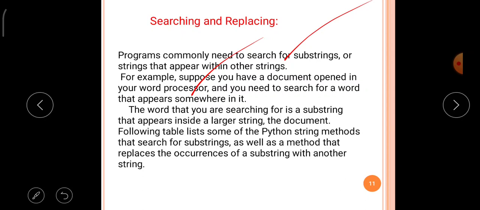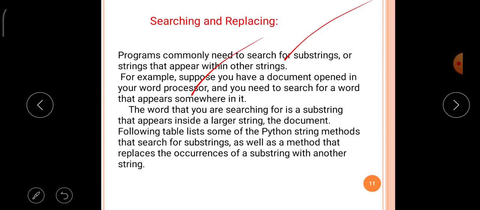The word you are searching for is a substring that appears inside a large string, the document. The following table lists some of the Python string methods that search for substrings as well as methods that replace occurrences of substrings with another string.